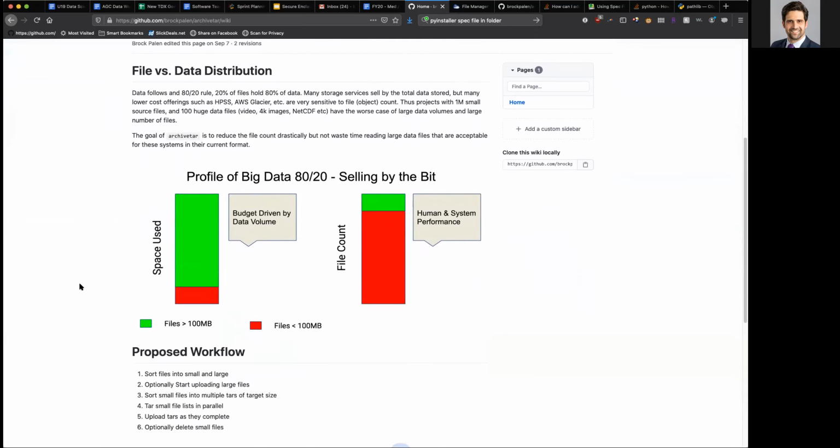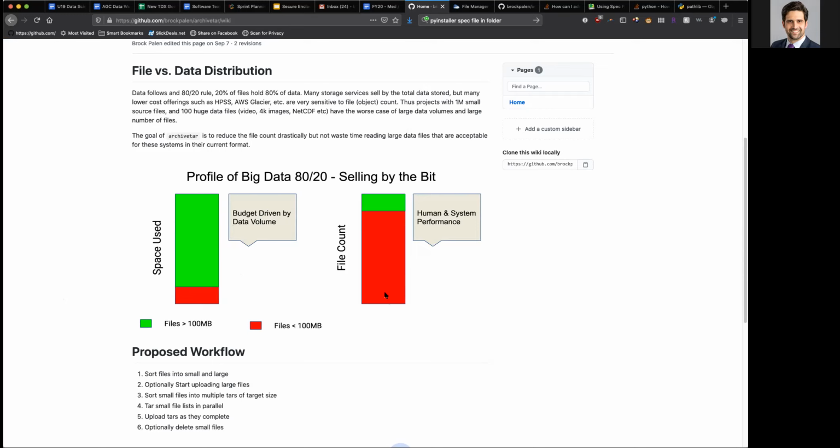In general, data comes in kind of two different formats. We have an 80-20 and a 20-80 rule. That is, 80% of the data space is taken up by only 20% of the files. So this diagram shows that files greater than 100 megabytes are the majority of the capacity used, and this, measured in terabytes or petabytes, actually drives the volume of the amount of data you need to store and thus the budget. But the majority of the files are held in very, very small files, which makes performance of systems such as LTO tape, Amazon Glacier, DataDen, and others much more complicated to use and/or expensive